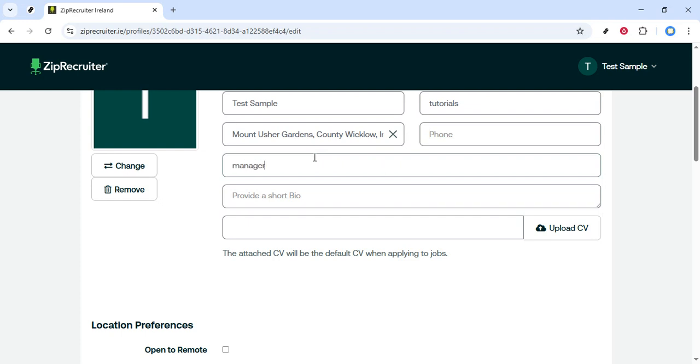Below that, you'll usually see a section for a short bio and your CV or resume. Use the bio to briefly introduce your background, your key strengths, and what kind of roles you're looking for. Keep it clear and to the point, then upload your most recent CV. Make sure the file is up to date and formatted in a way that's easy to read, with your latest